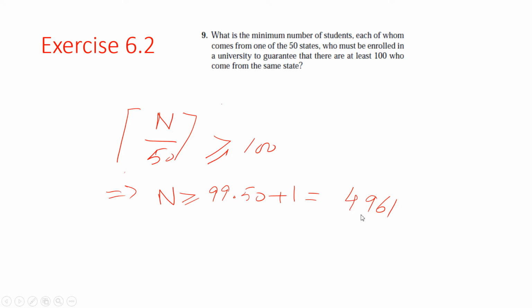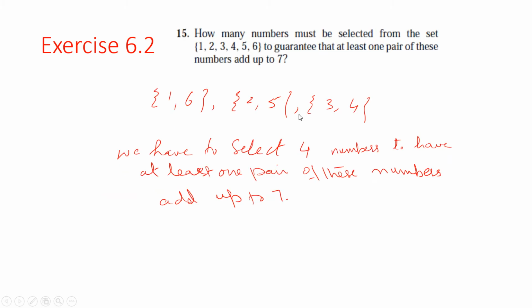So at least we must have 4951 students to make sure that at least 100 are coming from the same state, when there are 50 states, right? So this is actually the